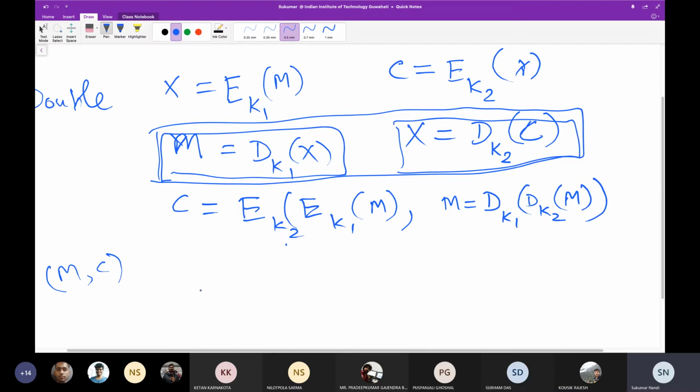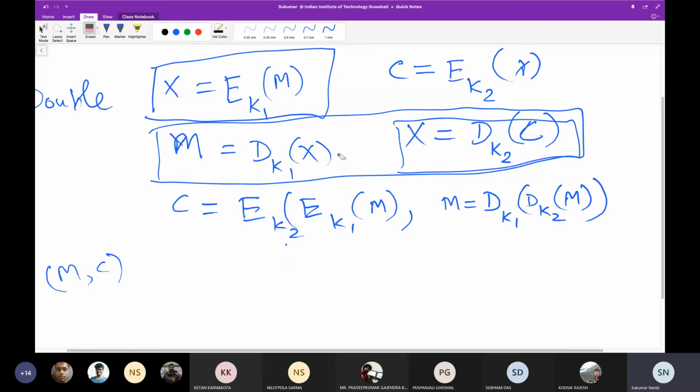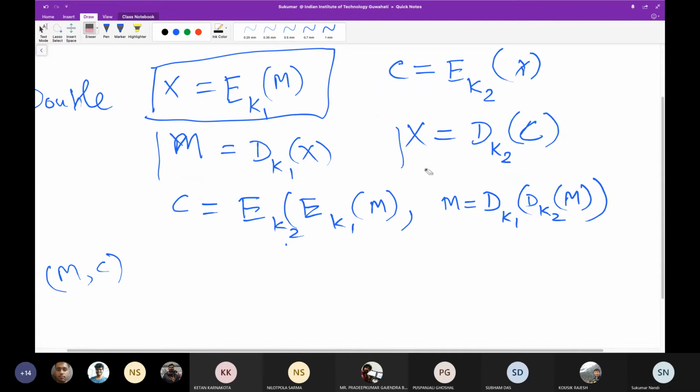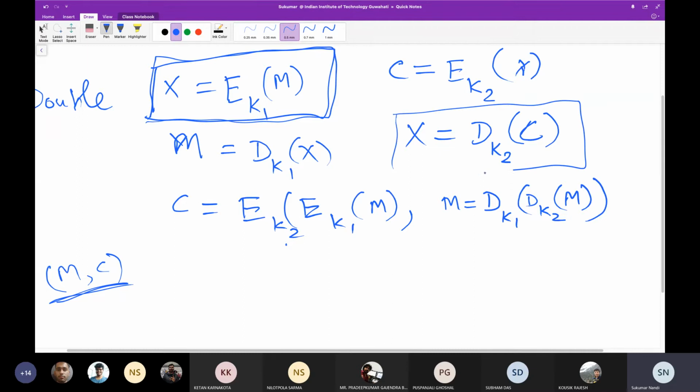So what I told is a little different. What we have to do, we have to use this. This is the correct one. We have to use this, not this one. Let me clarify this. For breaking this, we need to create one table with all possible keys for X and M, and another with all possible keys for X and C. Then we compare where the X is matching.